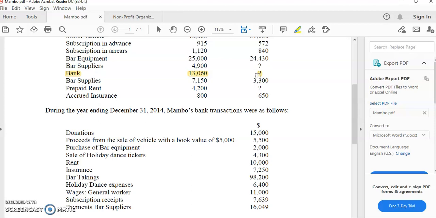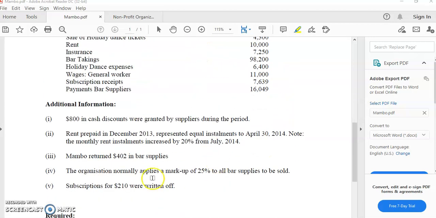That figure we do not know, neither do we know our purchases. So we cannot use the control account because 2 figures will be missing from the control account, and you can only use the control account to find 1 missing figure. So we can't use the control account to find out our closing bar suppliers and our purchases at the same time. Therefore the question gives us in note number 4 that the organization uses a markup of